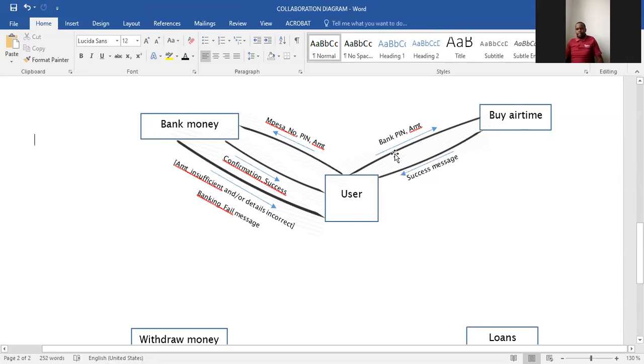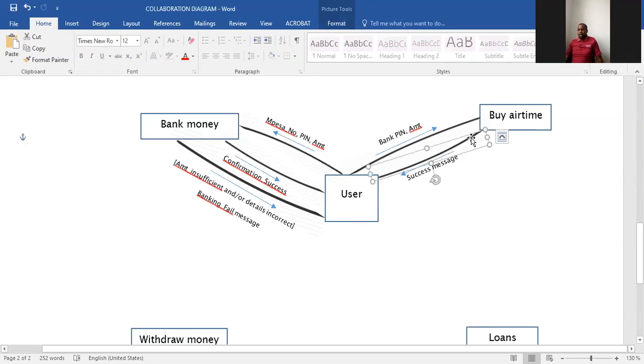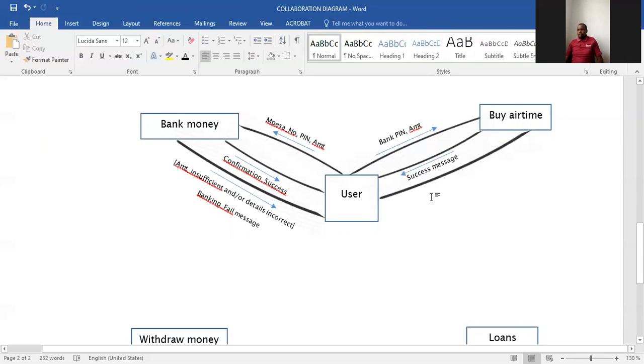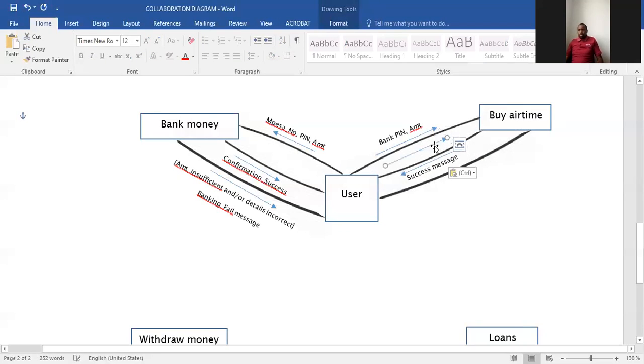Okay, then that success message, then we have an arc for fail, right? Because the system shows that there is provision for a fail. So if there is a fail, then of course we are going to have another arrow as well that points to the user,